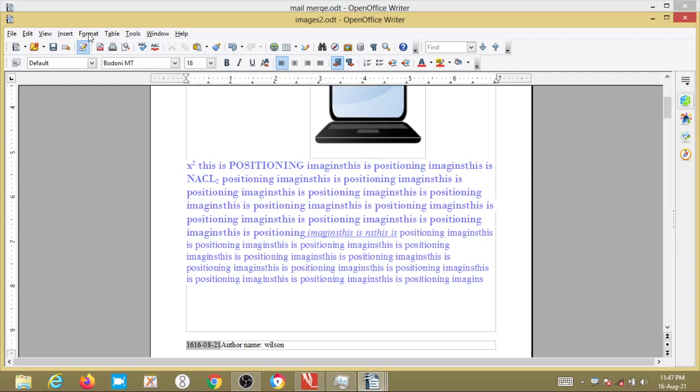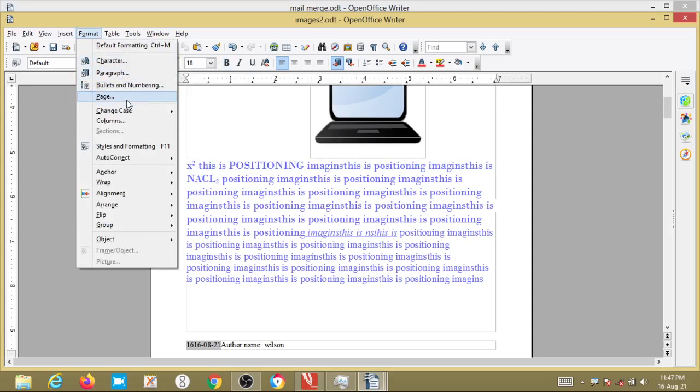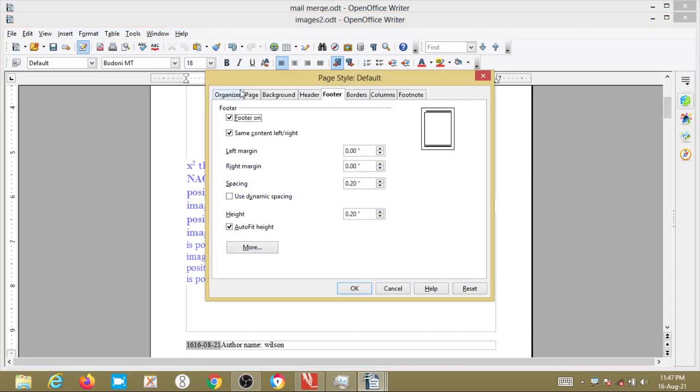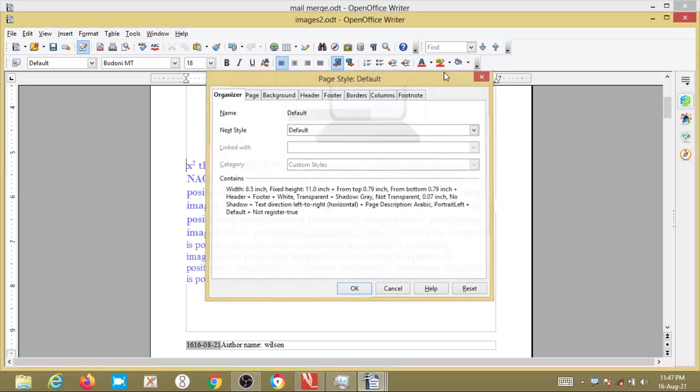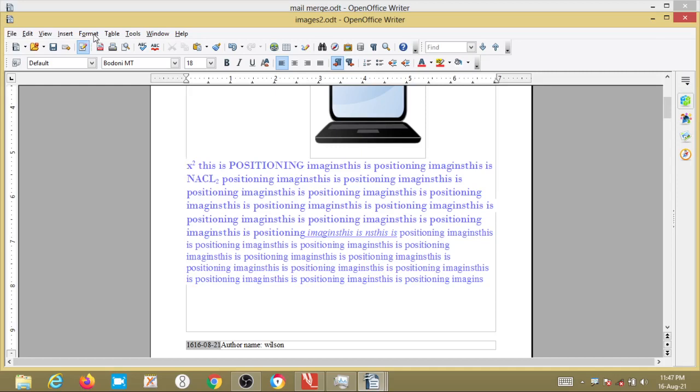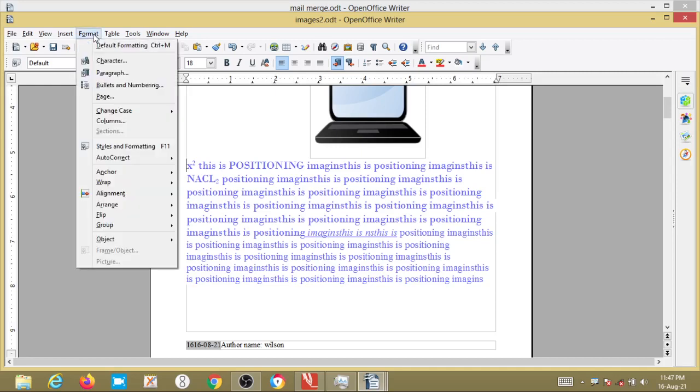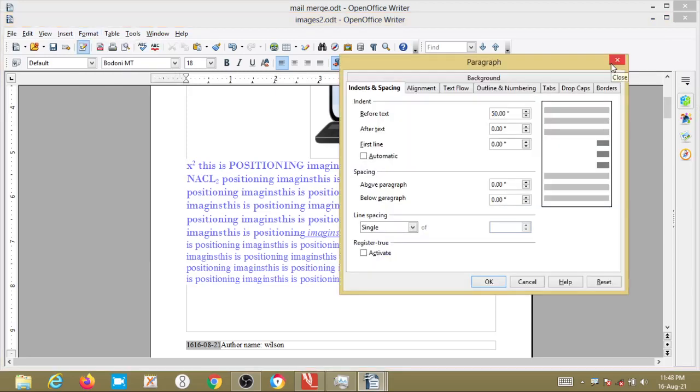If you want to give the indentation space in the format, where do we have to change it? We have to go to Format, and in that Format menu select Paragraph. If you want to make any changes for the paragraph spacing or the first line, if you increase the spacing, what will happen?